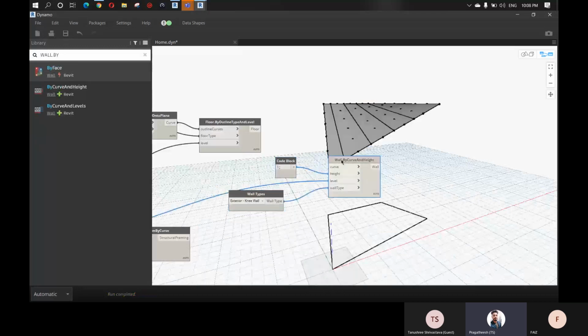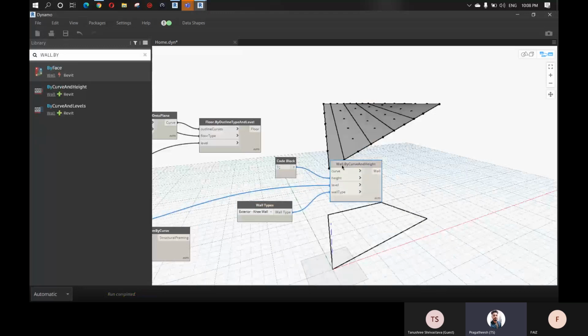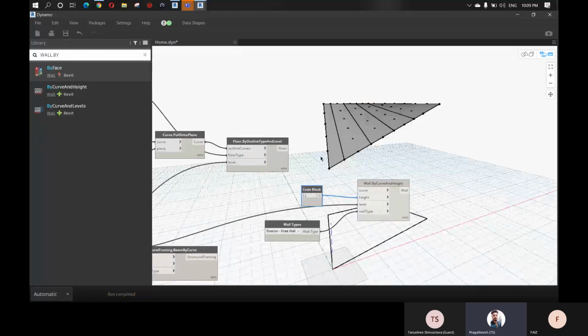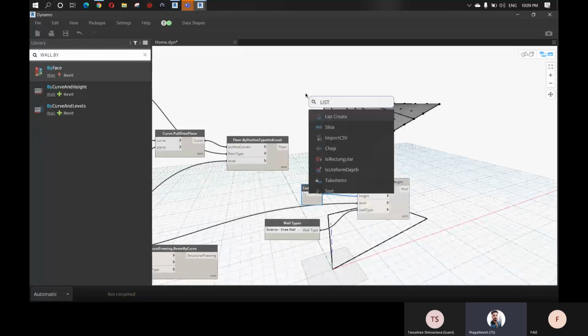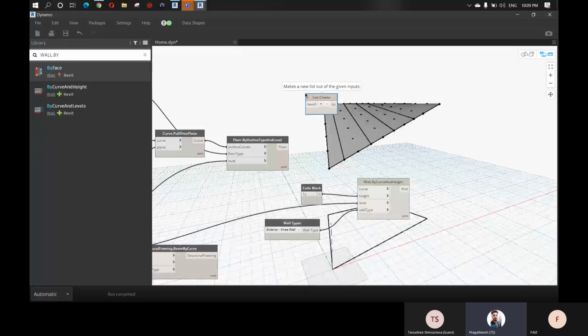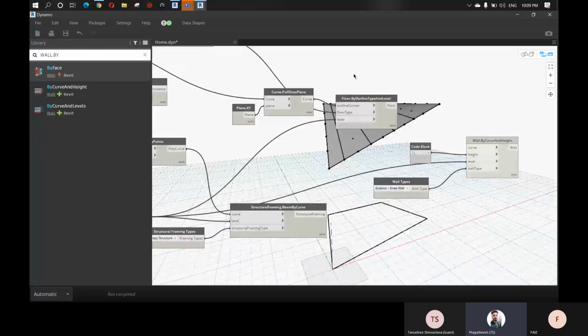Next we want to define the curve, right? As I said, we are going to create two low walls on the left and right of the entry. So first let me create a list of items, so that we can use list.get item at index, because in this curve we have 4 points: 1, 2, 3, and 4.